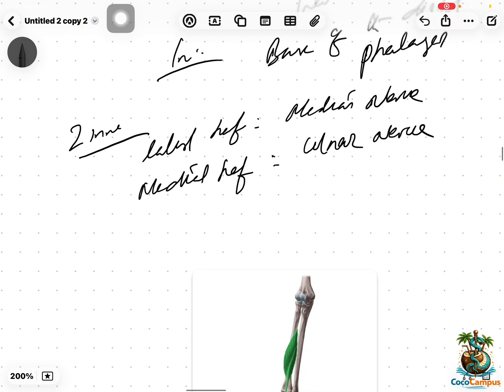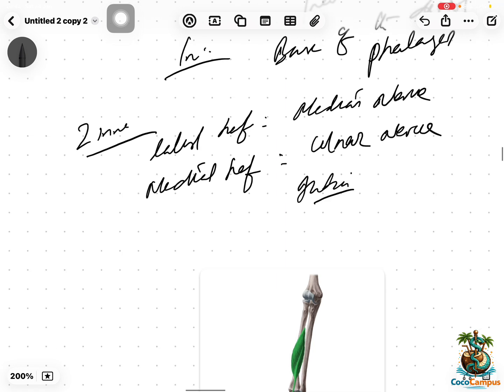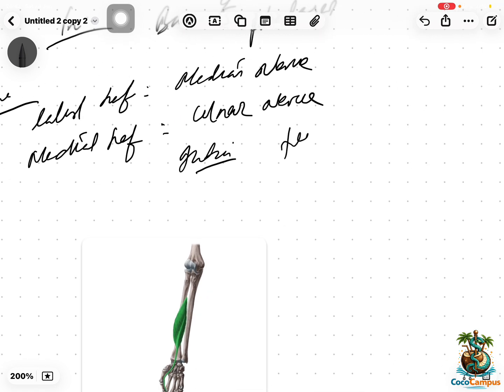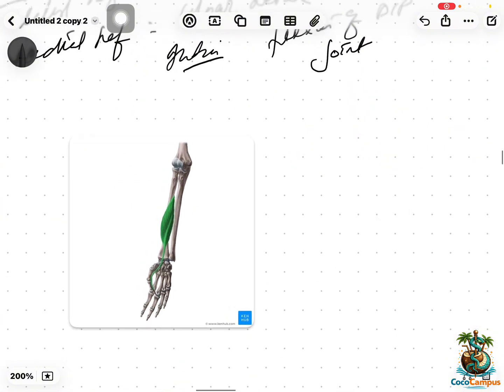The primary action is flexion of the DIP joints. DIP stands for distal interphalangeal joints. It is the primary flexor of fingers and wrist. Think of it like this: flexion of DIP joints. That's it. Let's move on towards the next muscle, you have your flexor pollicis longus, which means it is the